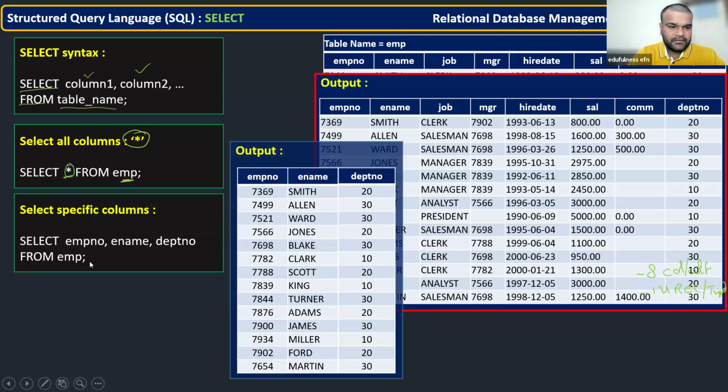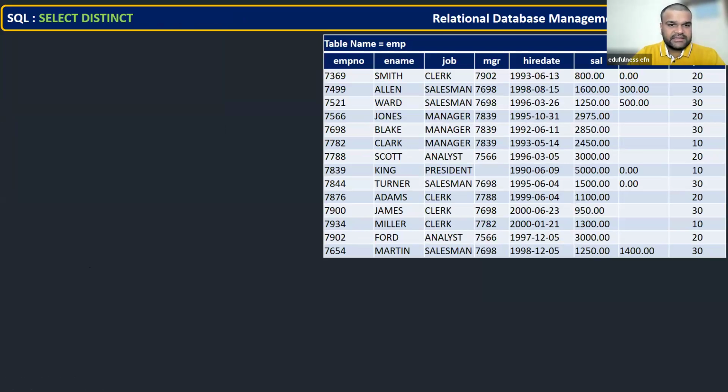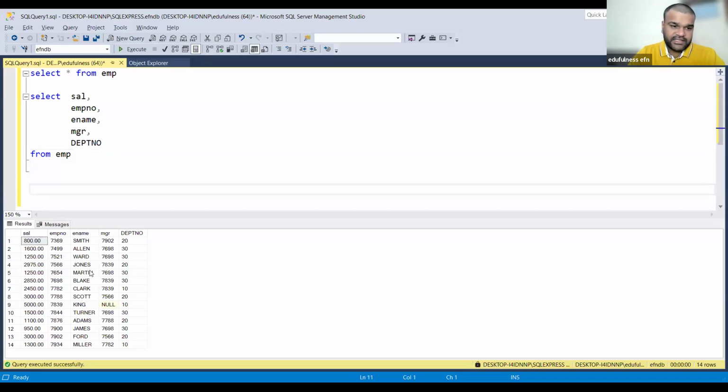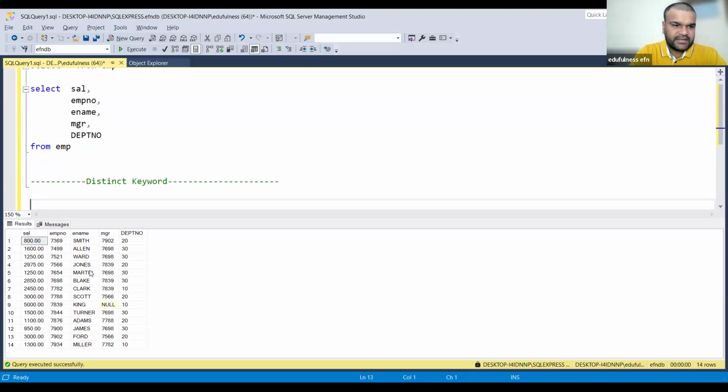Okay. So now in this, let us try to deep dive further. Very, very important. In your real time also, you will use this particular part very frequently. So that is the DISTINCT keyword, what it means, and different insights in this.